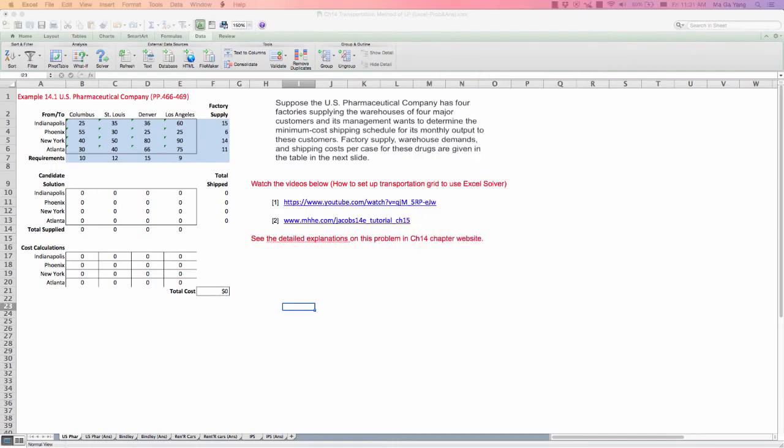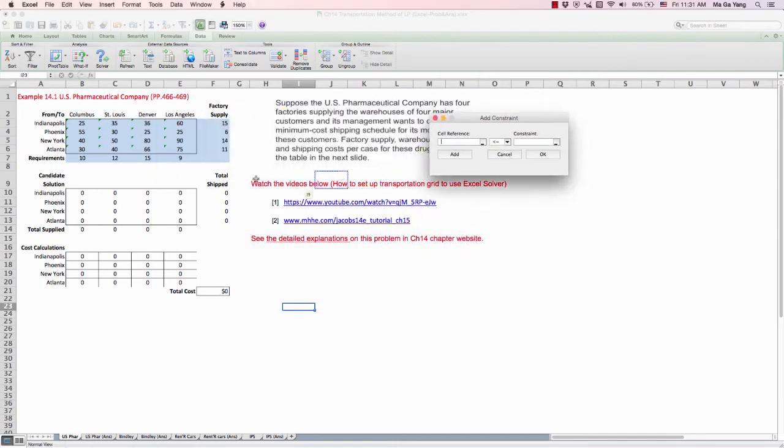The second constraint is that the capacity of the manufacturing plants, Indianapolis to Atlanta, does not exceed the factory supply availability.